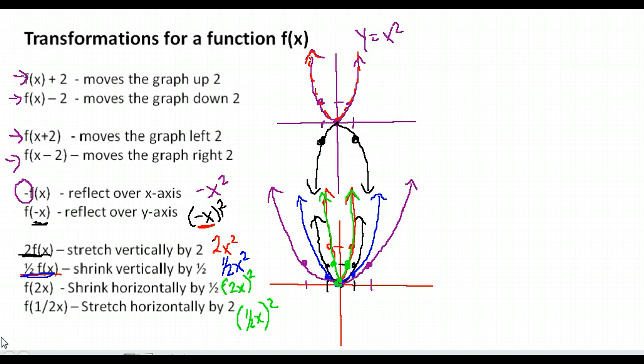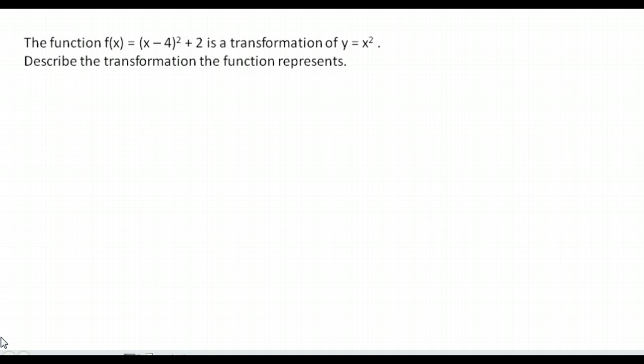Now that can be confusing because kind of stretching horizontally and shrinking vertically seems to do the same type of thing to the graph. But what you want to look at when they're asking you to say what is changing on the graph, you want to look at where the multiplication is located. If it's located outside of the function, like it is here, then it's going to be vertical stretching if the number is greater than 1, shrinking if the number is between 0 and 1. If it's inside the function here, with these parentheses indicate, it's going to be shrinking horizontally if the number is greater than 1, because remember it's opposite inside, and it's going to be stretching horizontally if the number is between 0 and 1. So these are the basic transformations, and let's go through some examples that